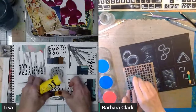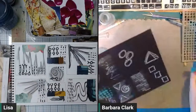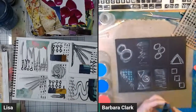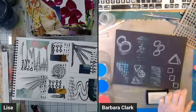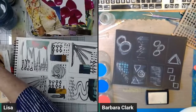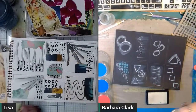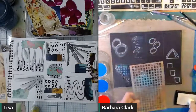Not bad. You know what would make this stick better is if I'd use a Versamark pad, like you use for. I think I'm going to do that. Versamark pad. Because otherwise I'm going to have to. So this is totally experimental, gang. We're going to see what we see. I'm doing a Versamark pad, and then I'm going to do